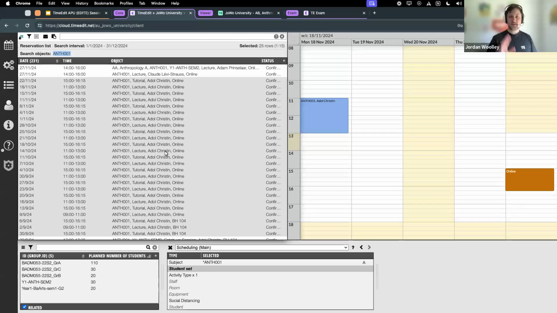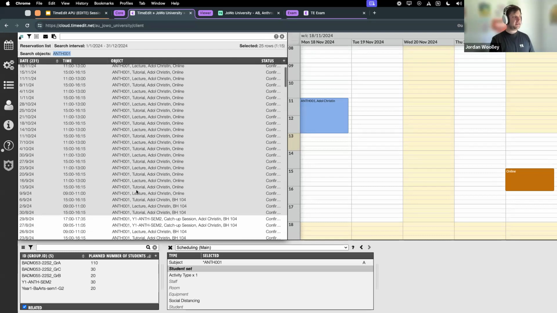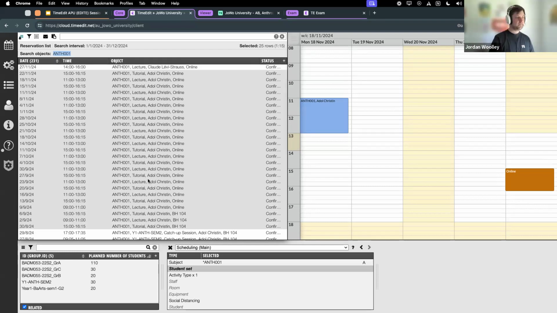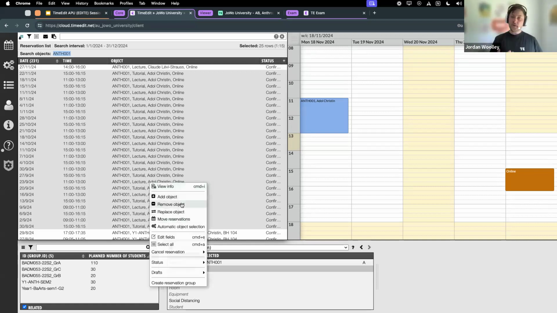Reservations. Let's say this is one intake of reservations, right? There's 25 there. It could be anything up to 25,000 if I want it to be, right? What I can do with this is I can then right click and do a lot of bulk operations with this. So if I need to make a change to a whole series of reservations, say for example, for a